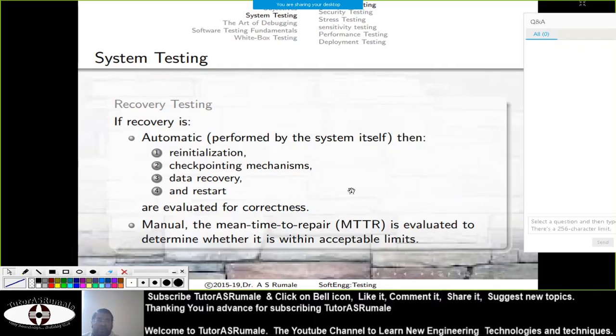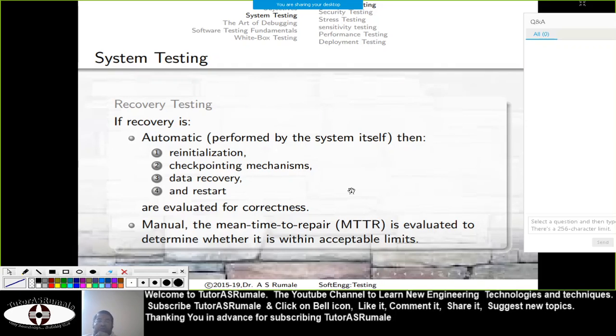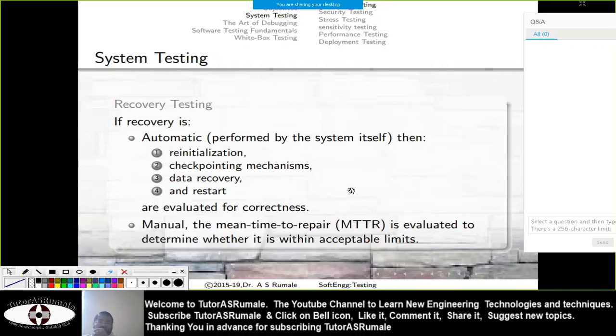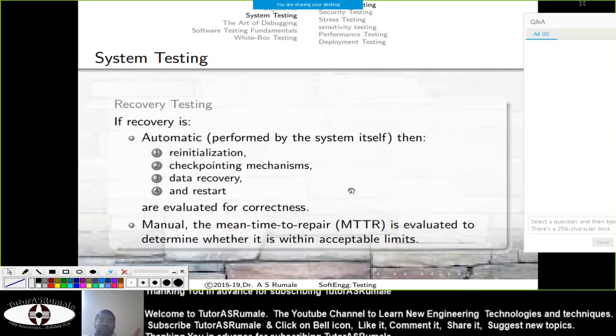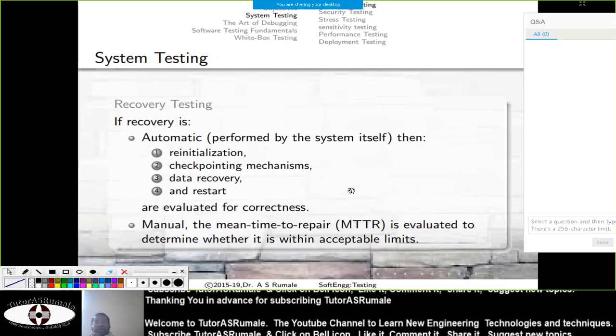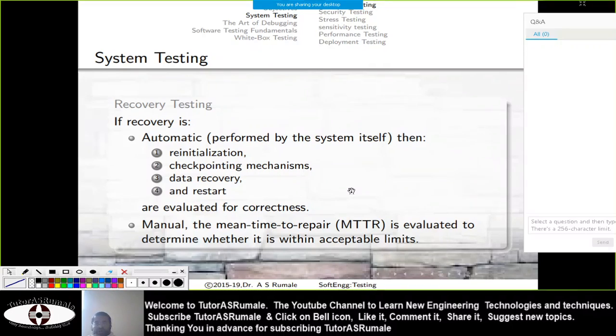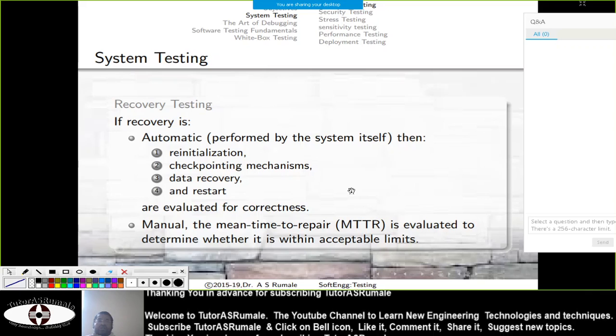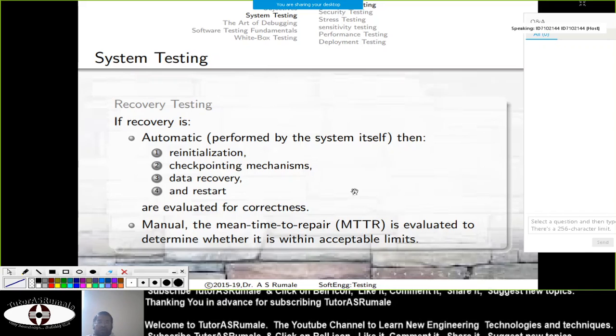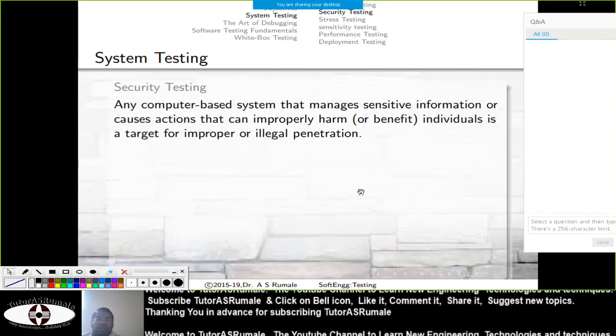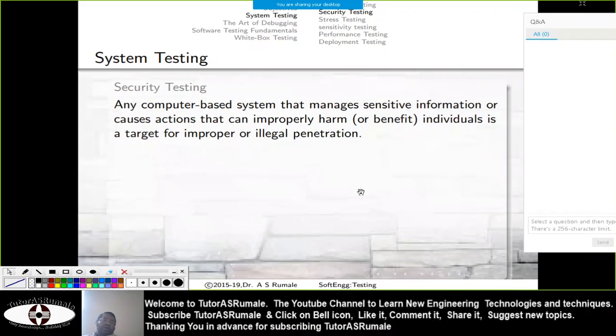Now, if the recovery is manual, then you have to consider the mean time to repair. If some hardware fails, then for the time required to replace it, you do not consider the minimum or maximum time, instead you consider the mean time, and that is how you go for recovery testing.